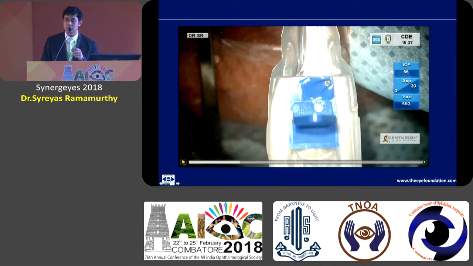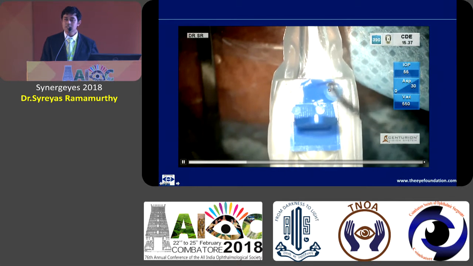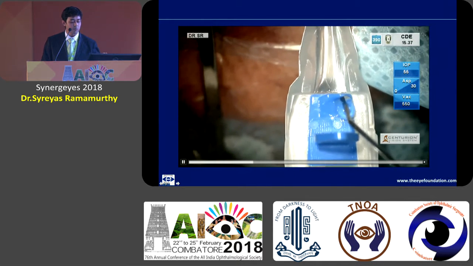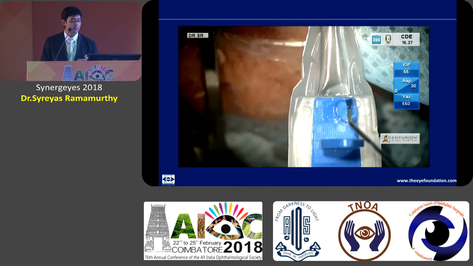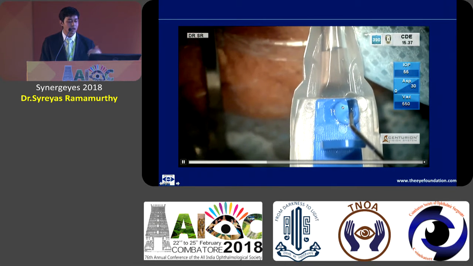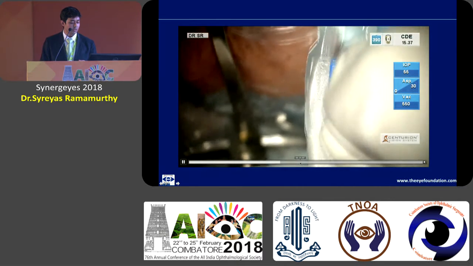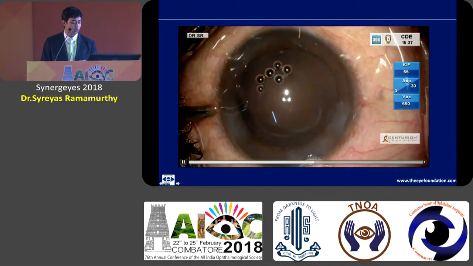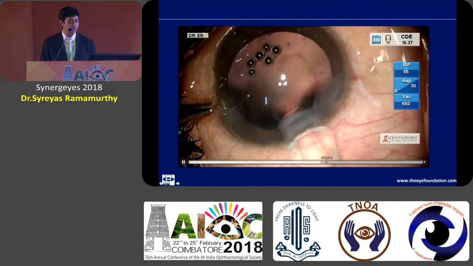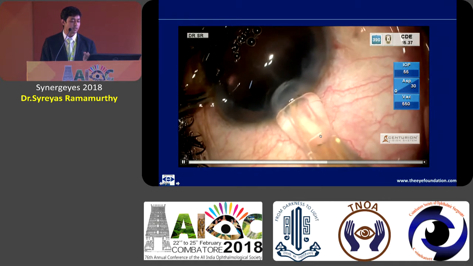So one point which I wanted to demonstrate in this particular video is, as you can see here, the mistake which I made, this was one of my earlier cases, where I'm not holding this parallel to my body, but rather perpendicular, so vertical in a sense. And as I inject the OVD, this can occasionally lead to displacement of the leading haptic. I did not realize that while injecting this OVD, but then when I remove the stops and go on to the surgery proper, you can again see it fits in very snugly, very easily,